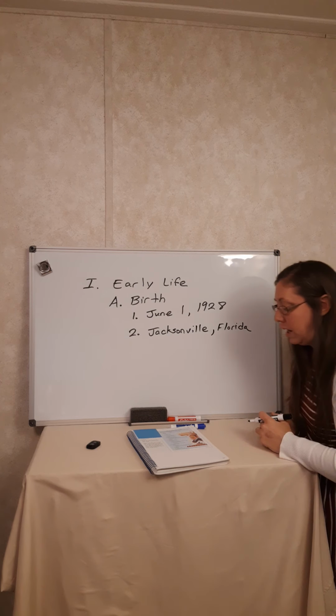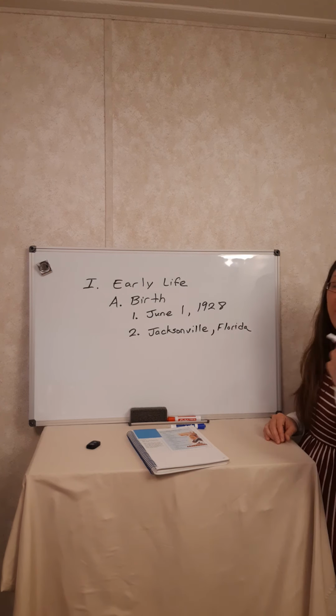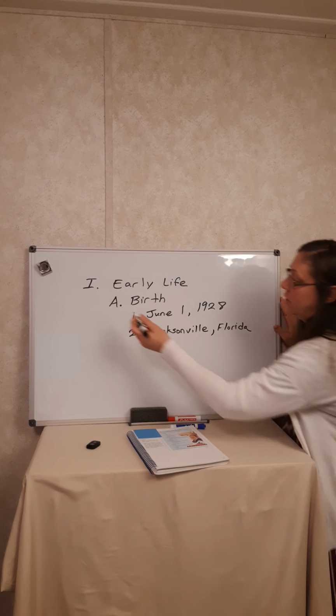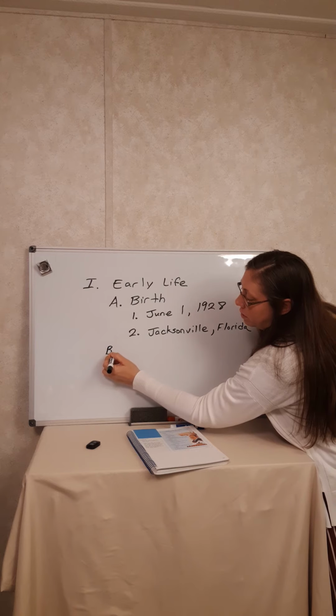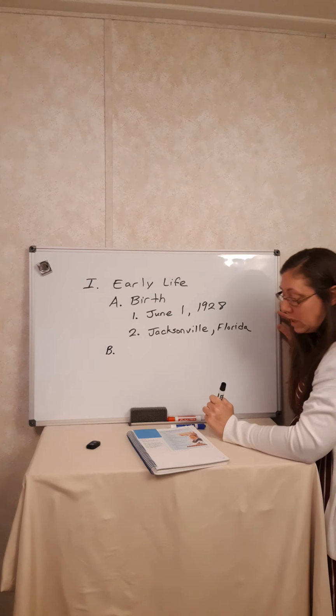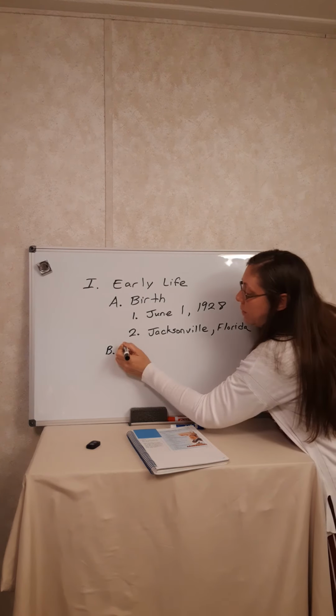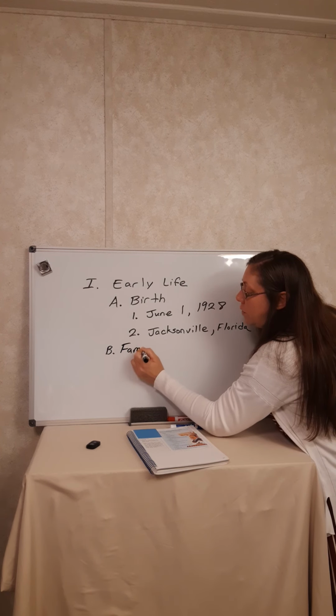Okay. Letter B, you'll write exactly what's in the outline there again. So right underneath letter A, make sure that you follow it down. And now you have letter B, and their family. And if you notice,